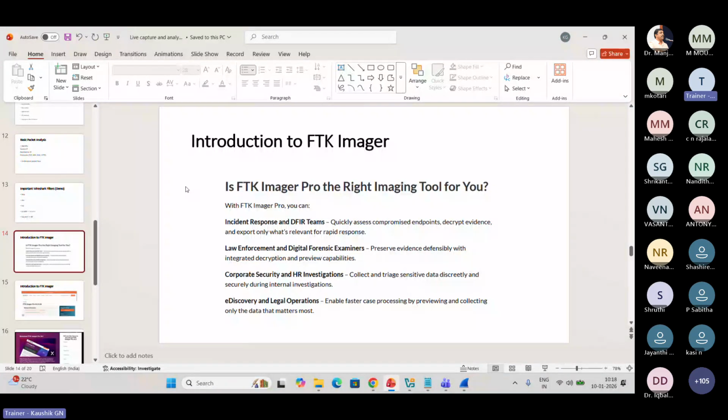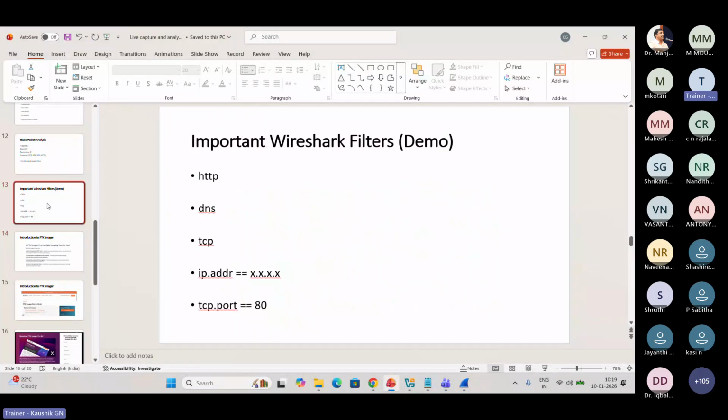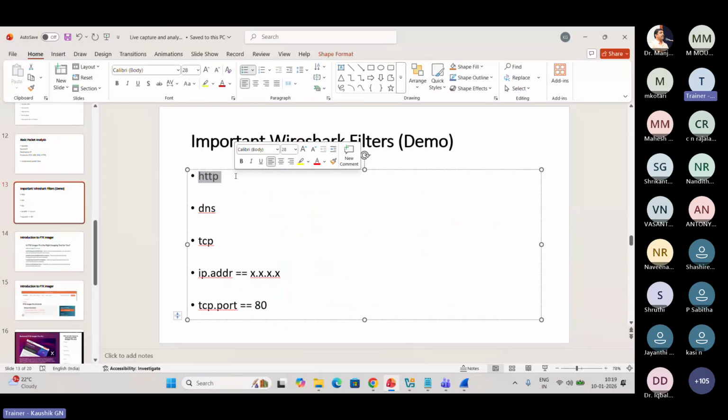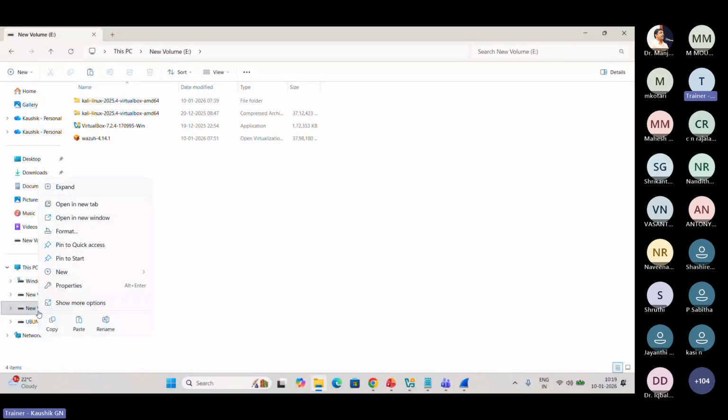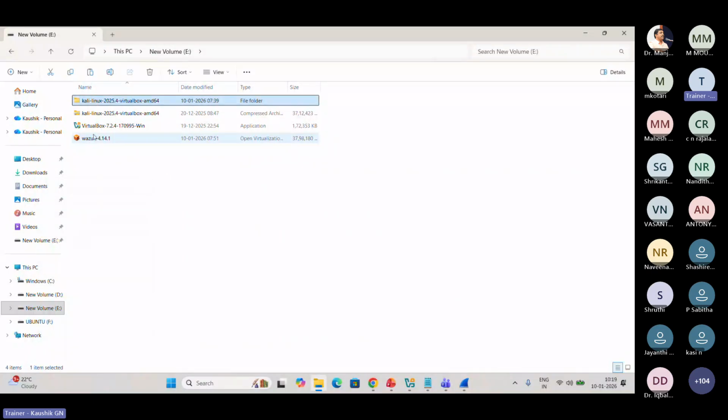Copying means, for example, it will only copy the content. I will go to my drive and copy this, so I am copying only the folder. If I copy this E drive, it will copy only the folders, files, and everything. That's it.